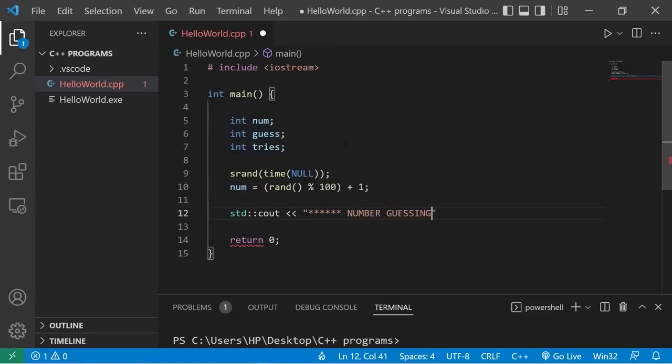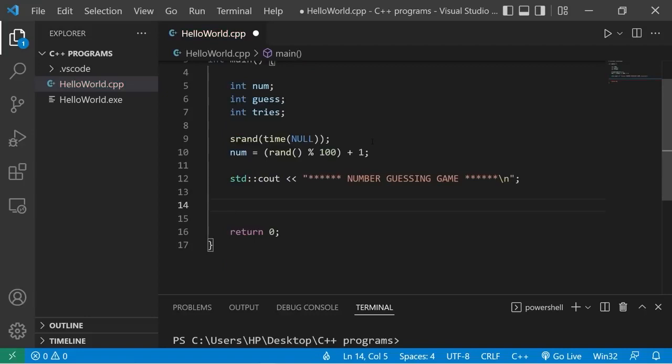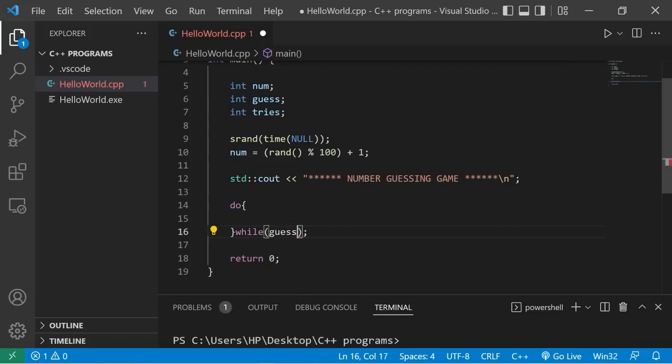Number guessing game. Then add a new line. I'll place all of this code within a do while loop. Do while our guess does not equal num. We will have the user type in another guess. We'll create a prompt, standard output,